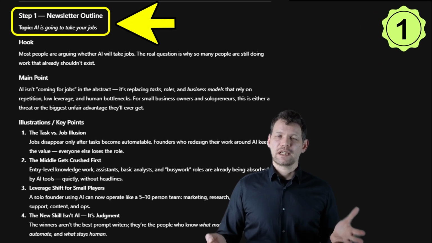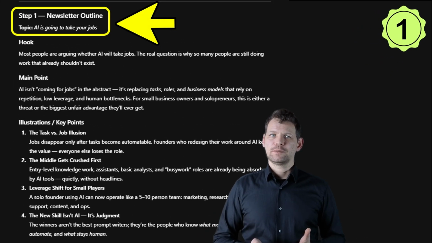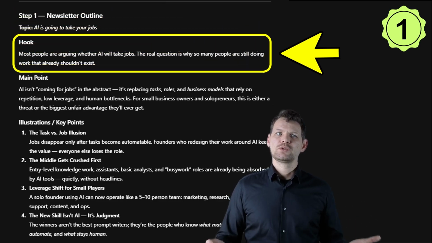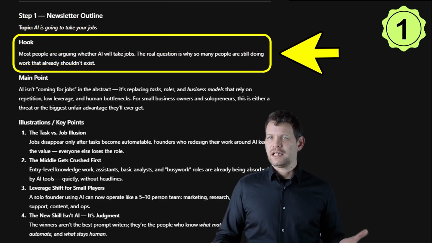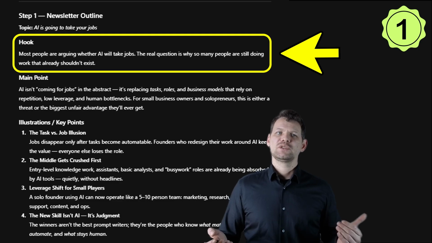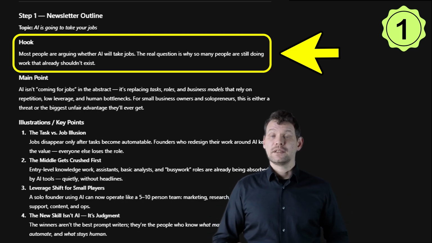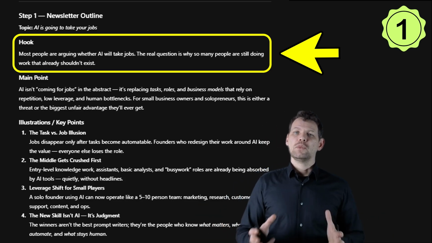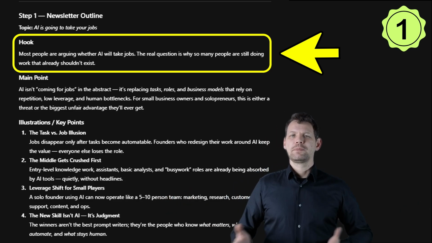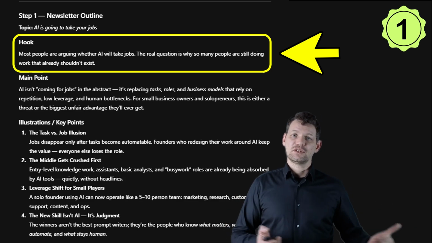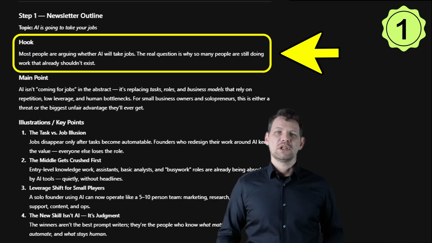So the topic I gave it is AI is going to take your job. Then it goes in step 1 and then it creates a hook. So the hook is most people are arguing whether AI will take jobs. The real question is why so many people are still doing work that already shouldn't exist. So a lot of this work, like making the newsletters or at least doing most of these parts, right? Why are people still doing that manually, right? When you can actually get the AI to do it, and you can do it much smarter, much faster,